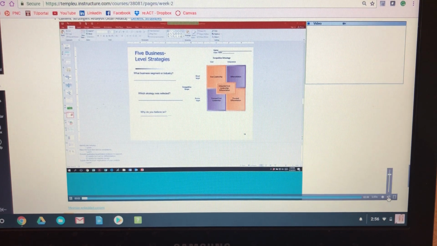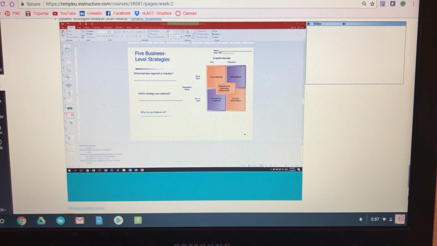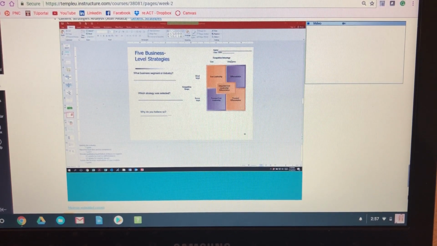Hi folks, Jonah Latta here with a quick overview of using the generic strategies template. Sometimes it's called business level strategies or cost leadership versus differentiation strategies. They're all getting at the same thing, which is understanding how the firm positions itself in an industry relative to its competitors. This framework is essentially a modified 2x2, with one dimension identifying how the firm creates a competitive advantage